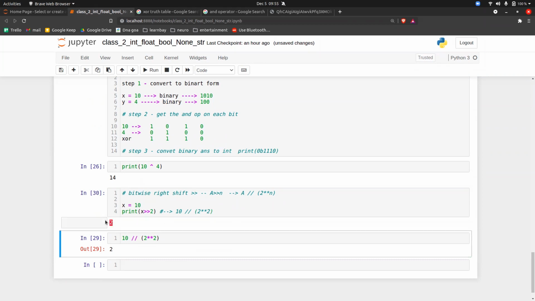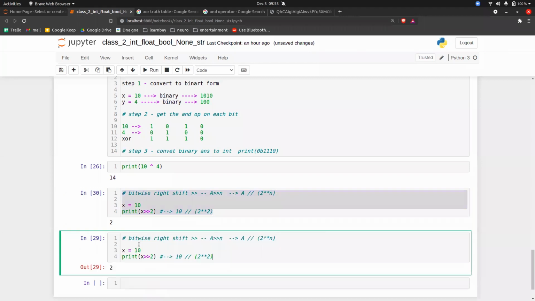So for the bitwise right shift, the only thing that you have to take care of is to just remember this formula. That's it. If you know this formula, just substitute everything in this formula and you will get the answer very straightforwardly. So this is what we have for bitwise right shift. Then we have something called bitwise left shift. The symbol for left shift is two less-than signs. This will remain the same. The only difference is this will be converted to a multiplication. That's it. So can anyone tell me the answer for this?